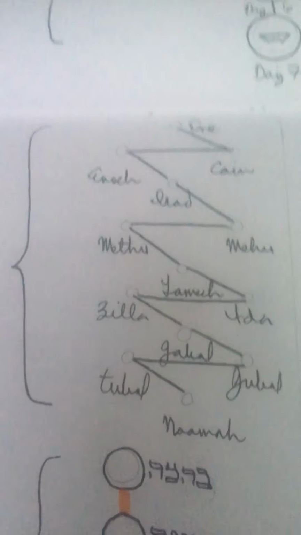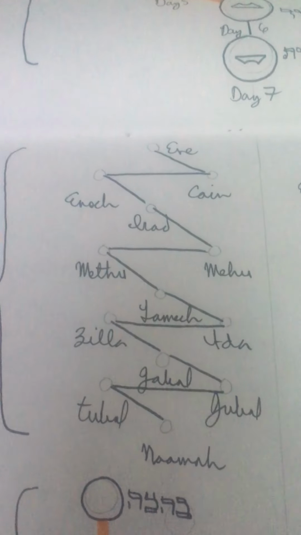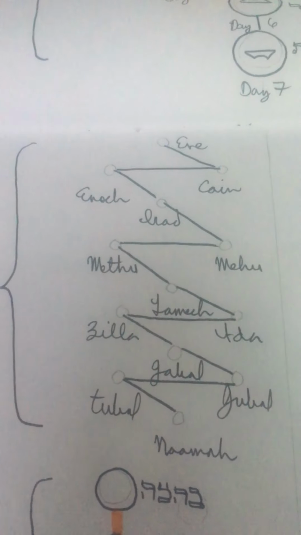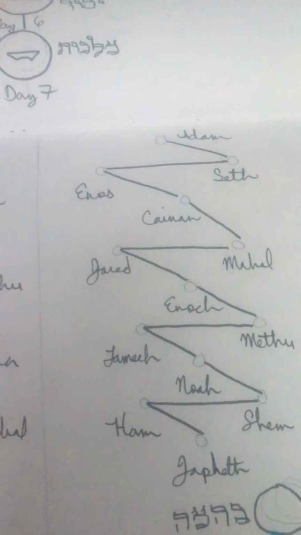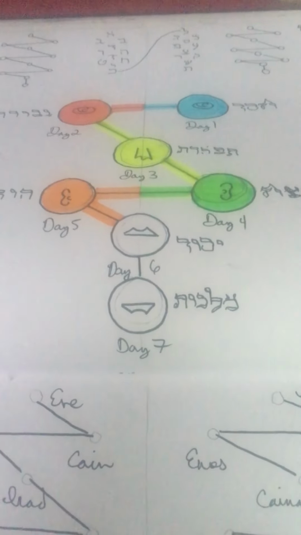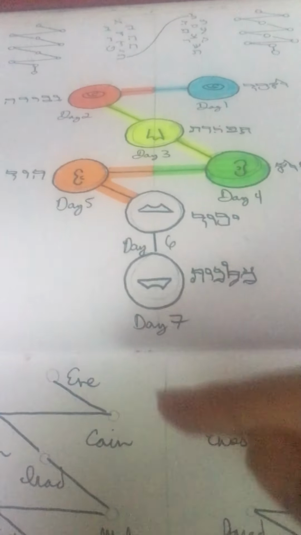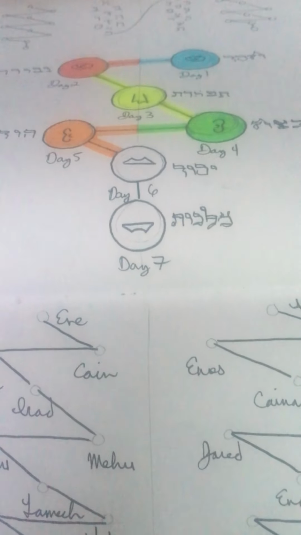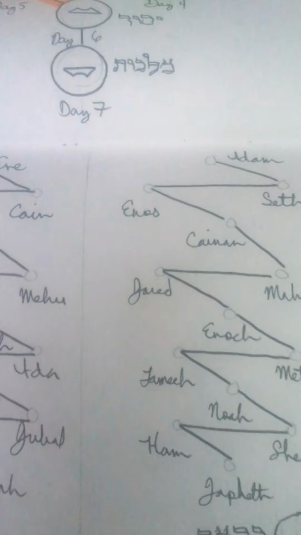And these are the genealogies. The genealogy of Eve and the genealogy of Adam. For remember, they are outside of the garden. And here are some proofs and seals that this indeed is the case.